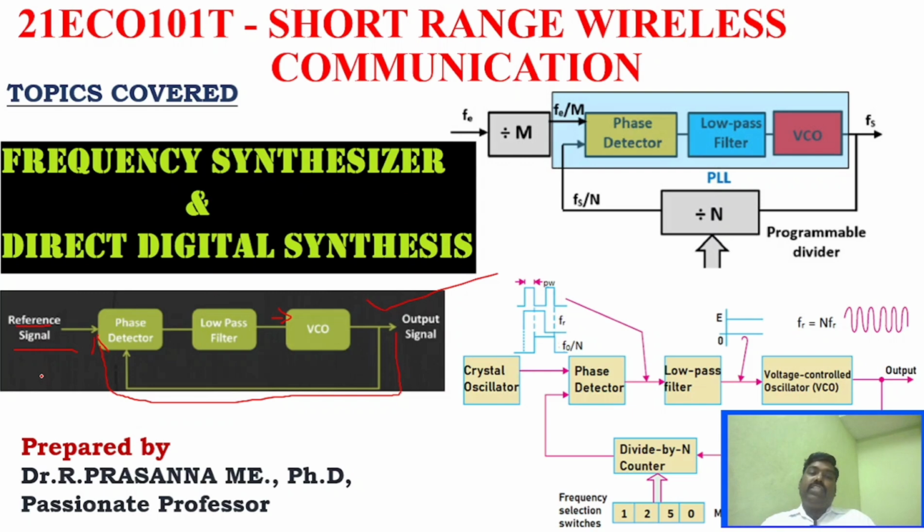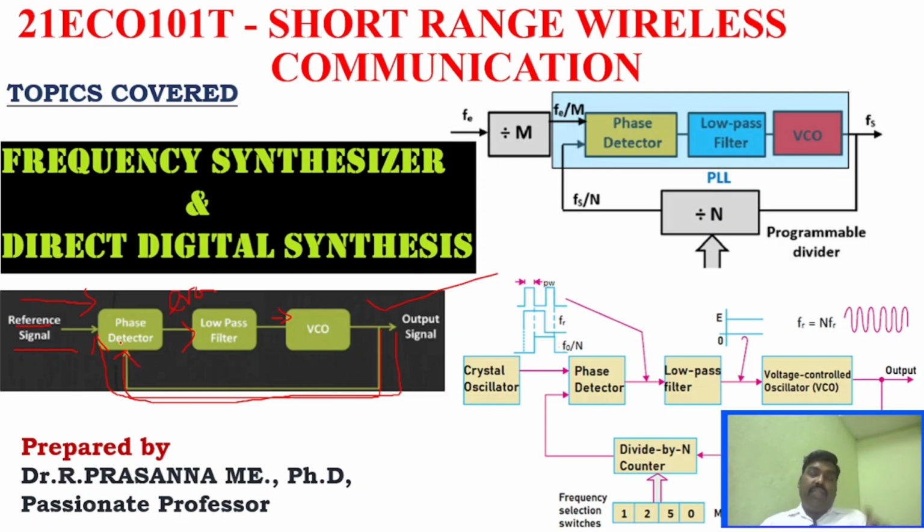And how can we achieve it? We will have a reference signal. Reference signal is nothing but a crystal oscillator signal. Any crystal oscillator signal, any oscillator signal, can be used as a reference signal. That will be given to the phase detector. This phase detector will generate an error signal. The signal obtained from the phase detector is called the error signal, and that error signal is obtained using the feedback signal. You can see here, the output of this VCO is given as feedback to this phase detector. So one input of the phase detector will be the reference signal, and the other input will be this feedback signal.